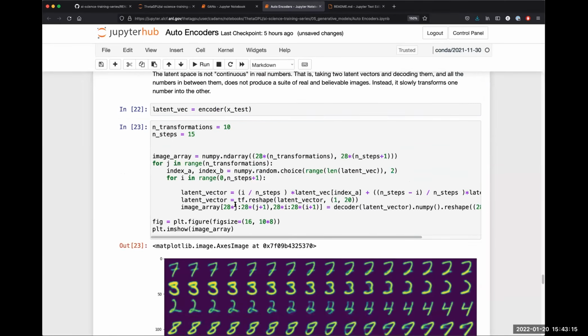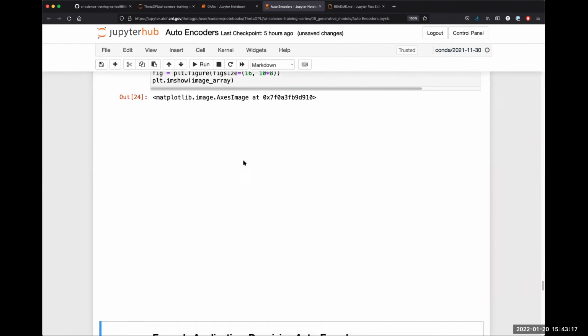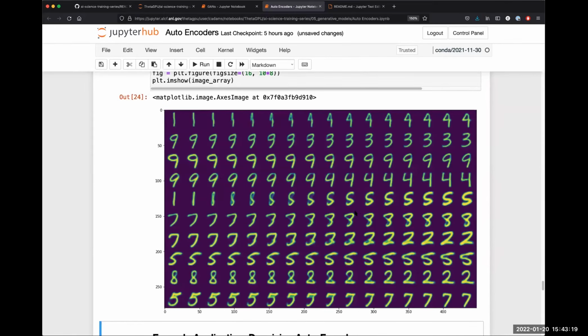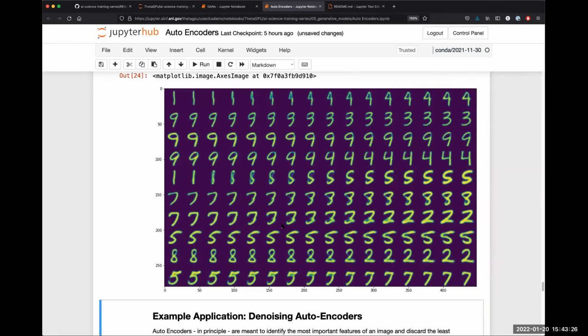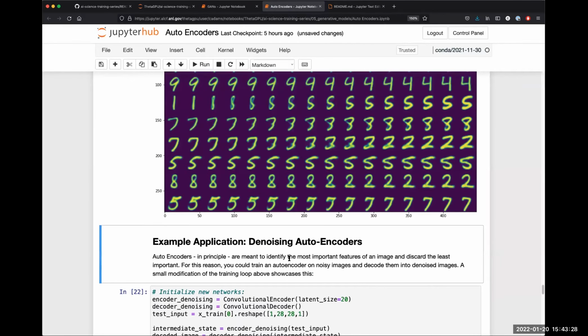This is a fun example of autoencoders, how you can see it transform these images, and it walks through the latent space. Okay. I have one more application from autoencoders, and then we'll take a quick break before getting into generative adversarial